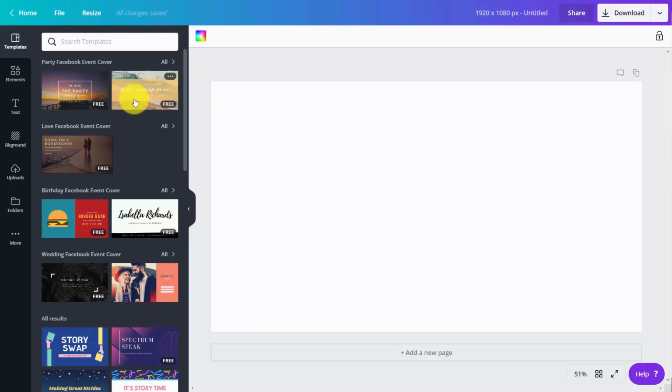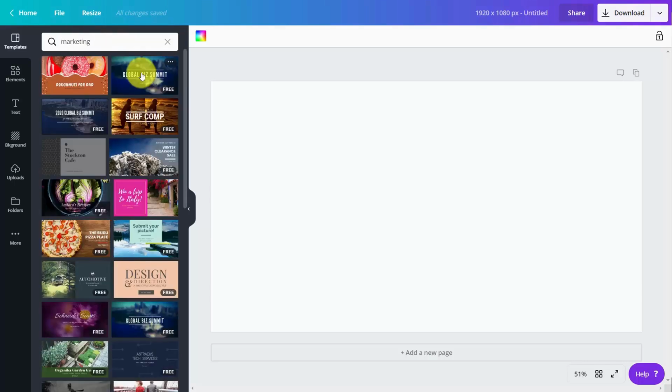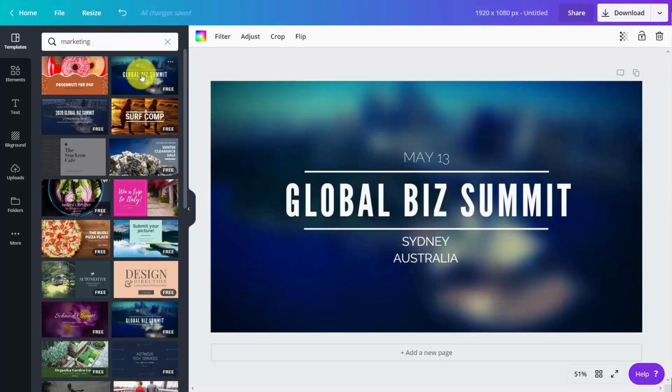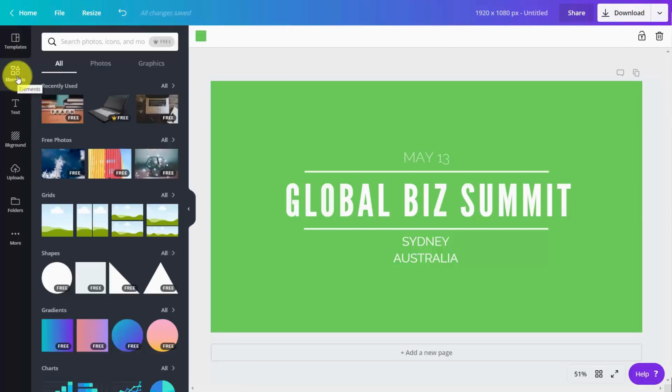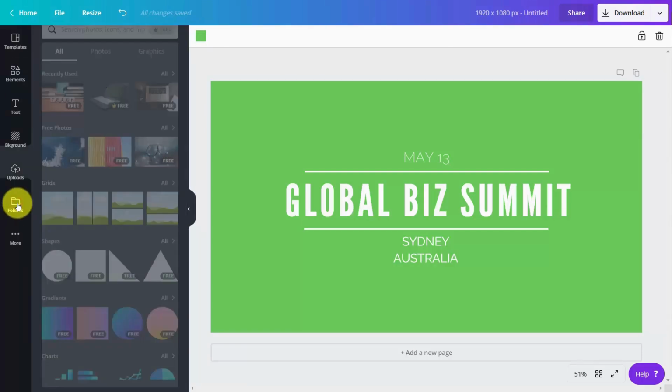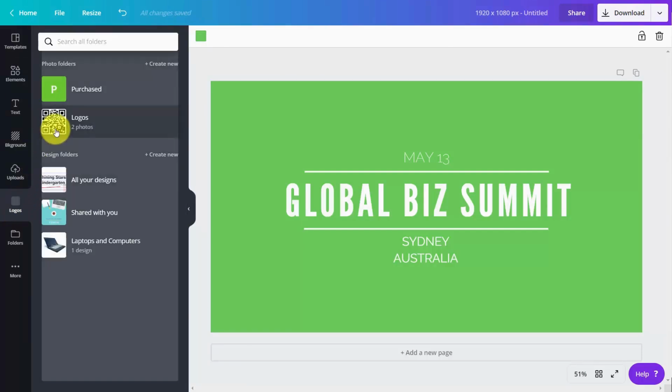And what you can do is you can change the background to one of your brand colors. You can also go to your folders and add in your logo. As we have done in the past, you can change your font to your brand font, and your brand font should already be uploaded to your brand kit, and you can add in a previously used image from your elements page. Of course, we can size this element down, and as long as we have it highlighted, we can change